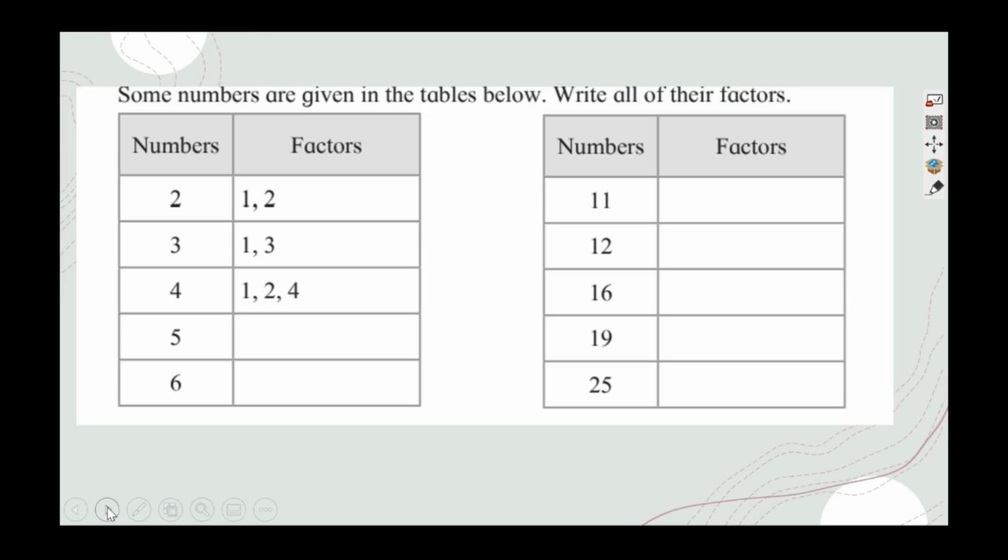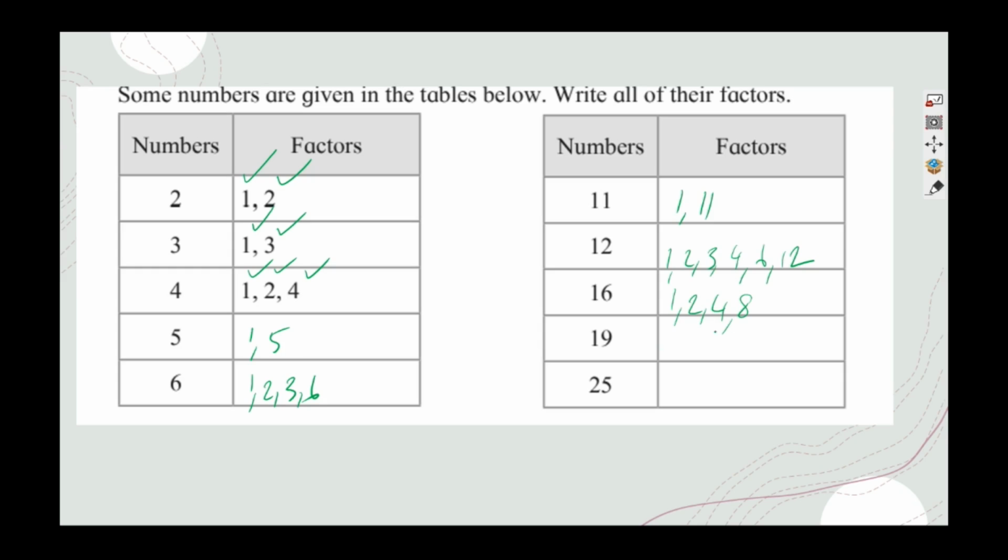kind of competitive. So what is this? Sometimes the question will be like this: some numbers are given in the table, write all their factors. Factors are those numbers by which you can divide them. Divisors they are in fact. Okay, here it is 1 and 5, here it is 1 2 3 6, correct? Here it is 1 and 11, here it is 1 2 3 4 6 12,